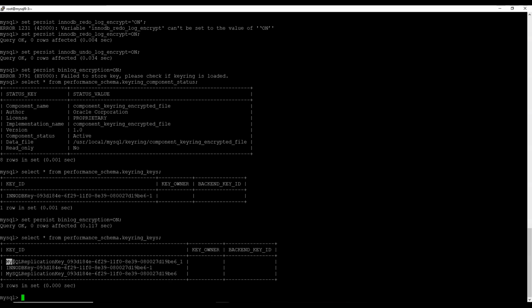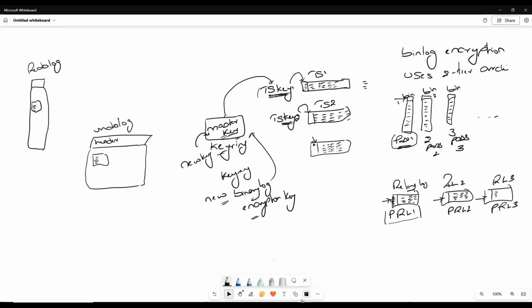It has generated a key, and this key is used to encrypt the passwords. This key is used to encrypt the passwords for each binary log file or relay log file, and the encrypted version is written into the header of the binary log file or the header of the relay log file. So that is the thing. Also,